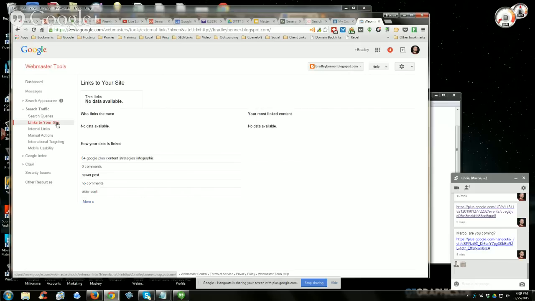But my point is, if you've had your site connected to Webmaster Tools for, let's say, a month, and you've been building links using IFTTT networks, you will start to see WordPress and Tumblr and Blogger and Delicious and Digo, and all of the different links will be shown over here. It'll show the data available, and then you can click on a button and actually download as a CSV file the links that are pointed to that site. So you will be able to see that.